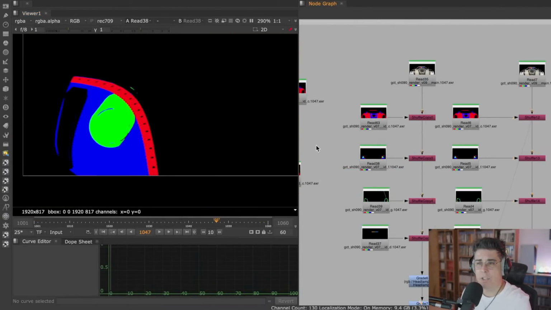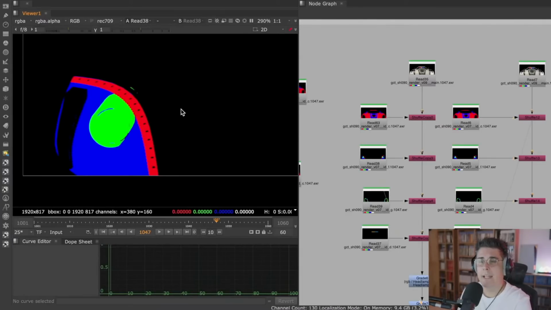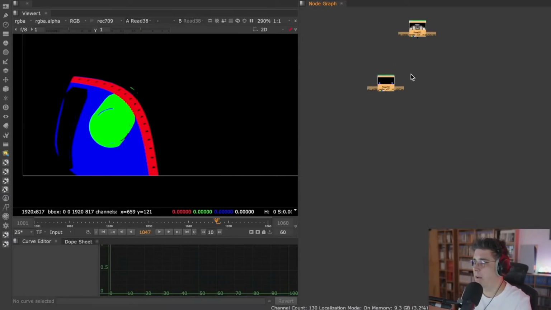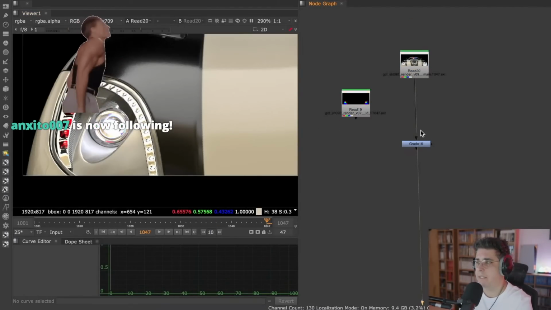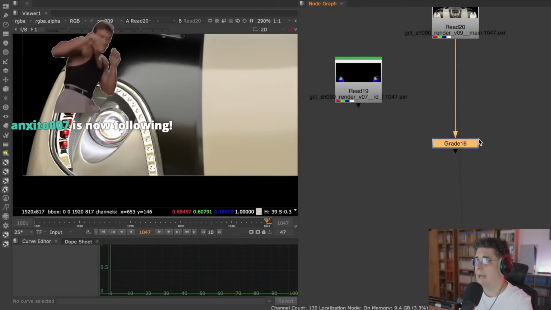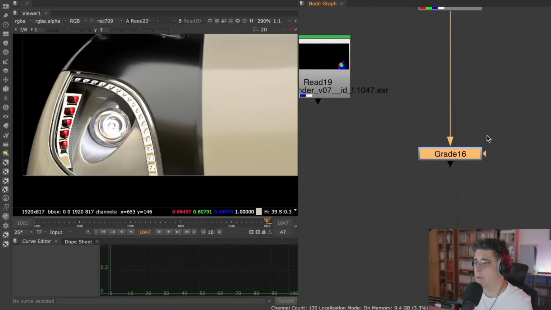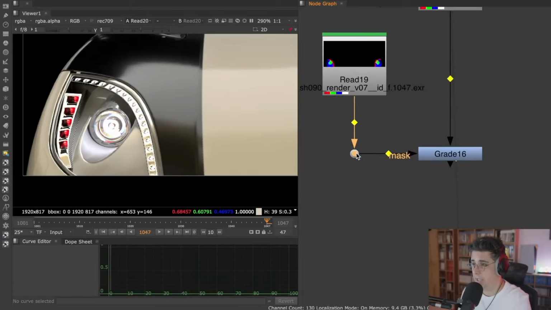Now, obviously, my CG artist was very kind to do a cryptomat for that light. In here, you can see that my cryptomat actually has a red channel, a green channel, and a blue channel. If I wanted to use this, I can go in here and put a grade node, pump it into this image, and then on the grade node, if I want to just brighten this light, I would have to use it as a mask. Every node in Nuke usually has a mask input. So if you plug in the mask input into this object ID,